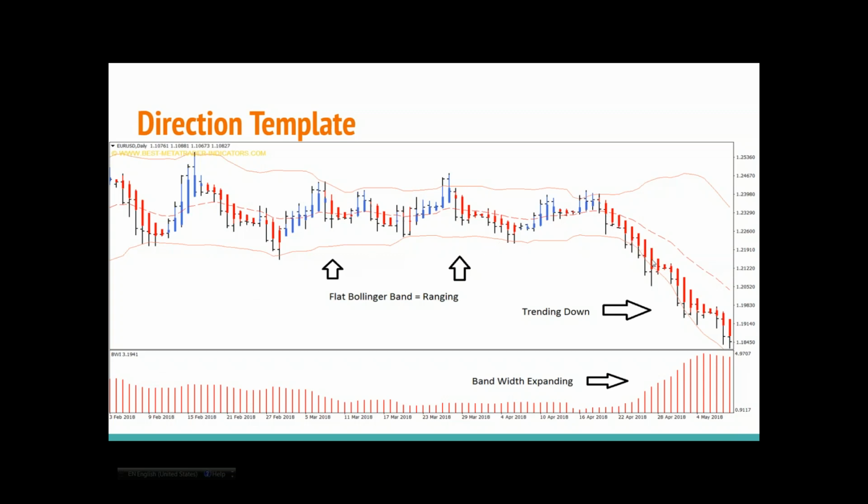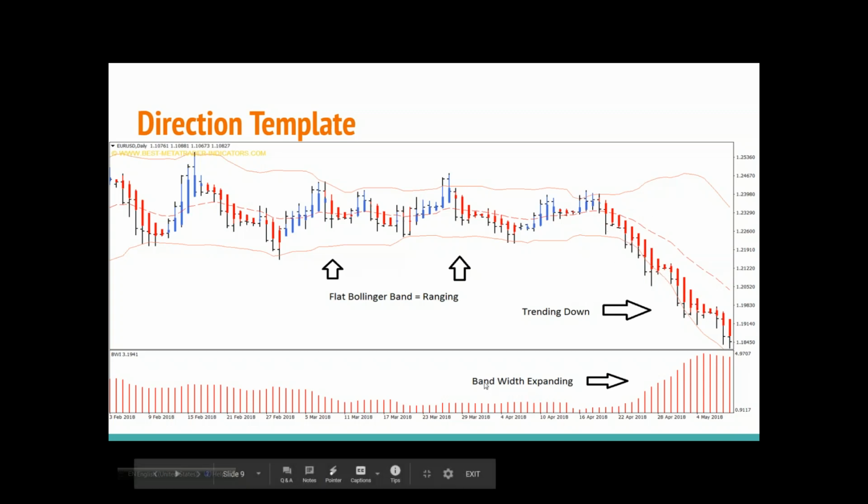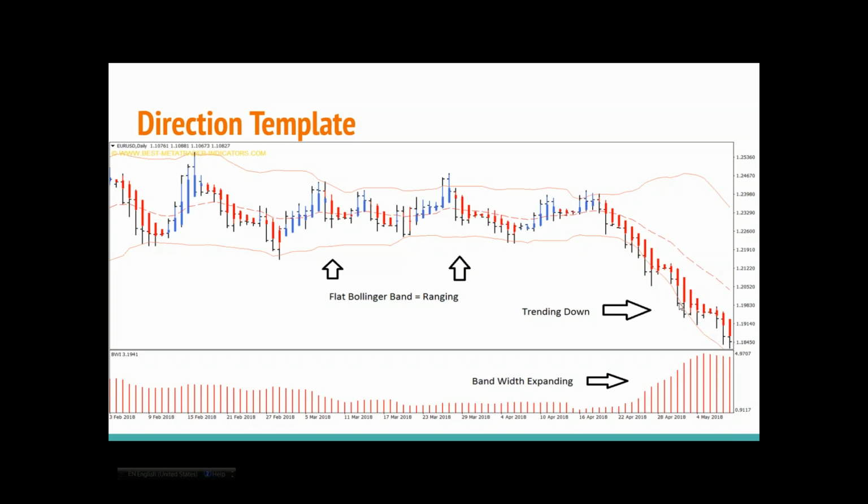Now if you look at the trending situation, obviously you see all the bars are red now and it's trending down. And here you can see the bandwidth start expanding. This is where we see a situation that we're turning a ranging situation into a trending situation. And now in this setup, we can tell in the majority of the chart, it only covers two scenarios. One is ranging, one is trending.